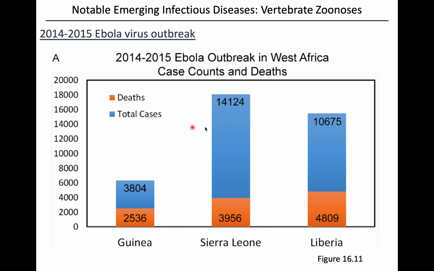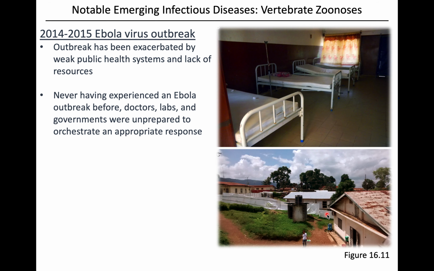And here you can see some of the case numbers by country, where in orange here you're seeing the total number of deaths, right? So still fatality rates lower than we saw in those earlier outbreaks, but still pretty alarmingly high. Not something you'd want to take your chances with for sure. So thousands of cases, thousands of